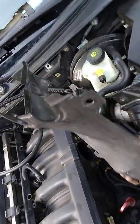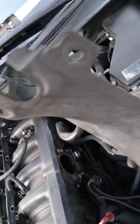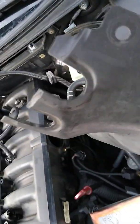That is the little plastic wall that goes beside the brake booster and the brake fluid canister. If you loosen your stuff up after you take off all your elbows and your throttle body, if you move those lines out of the way, you can go ahead and snatch this out. It's not screwed in or anything. You can just move the little clip and pull that out, and you'll actually have enough room to get your hands and even maybe a tool. As you see, I got the camera over in here to actually get to